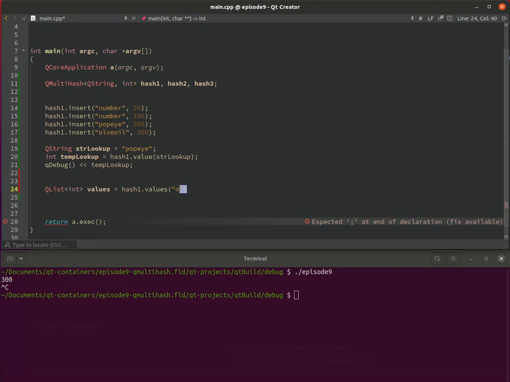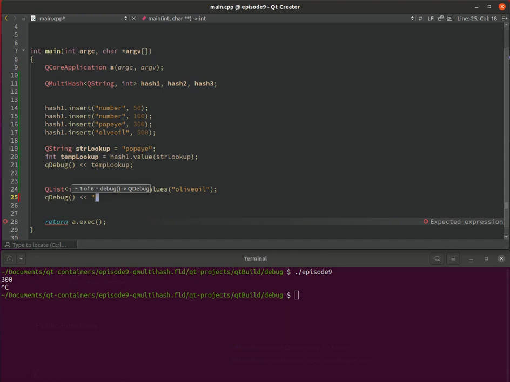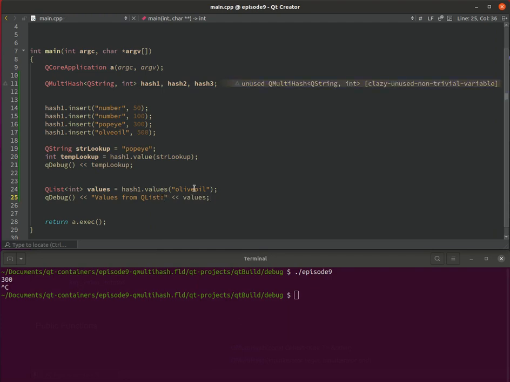I'll say olive oil. There. Beautiful. So now, if I do a QDebug and I want to output values from QList, I want to output values, give it a colon. I like a colon afterwards. So if I want to debug this,